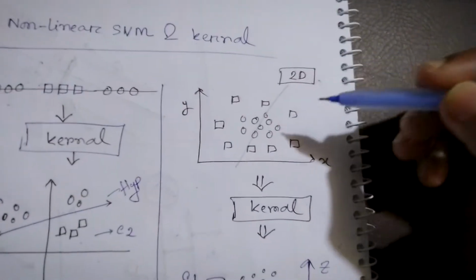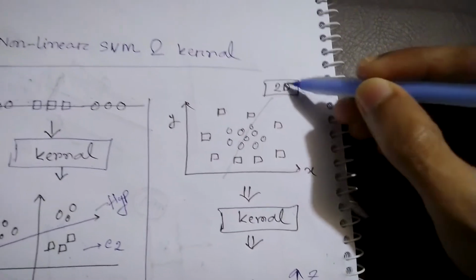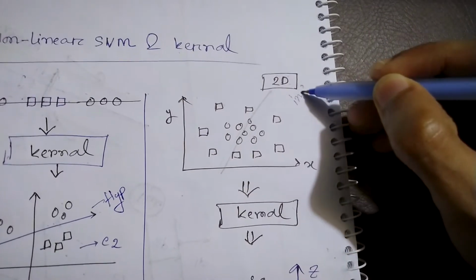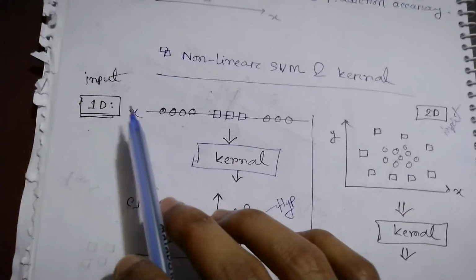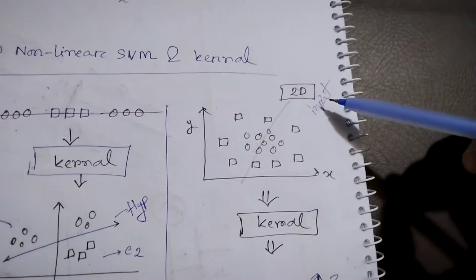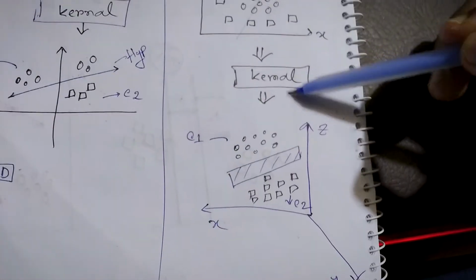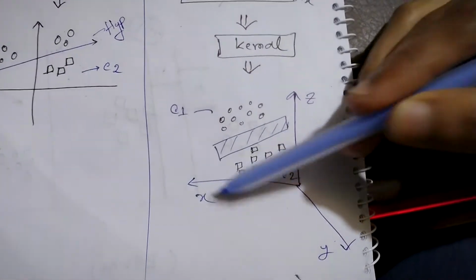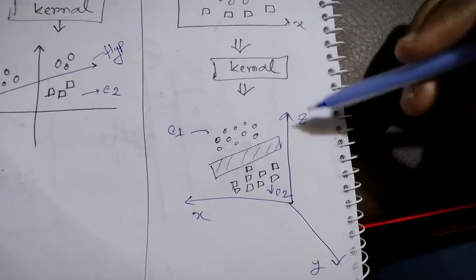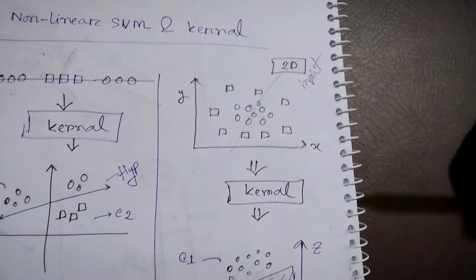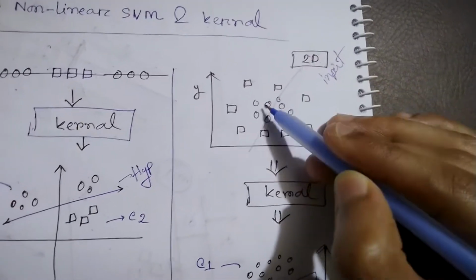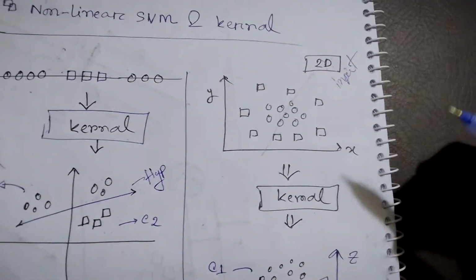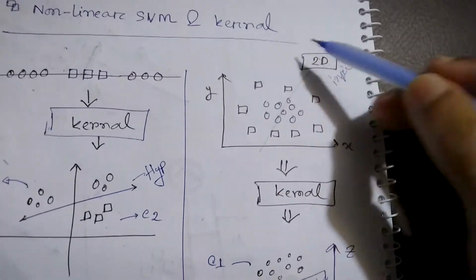So let's see another example where we have 2D input. Here we had 1D input and we converted it into 2D. But if we have 2D input, then what should we do? The output should be 3D. As you can see, x, y and z, we have three different axes when we get 2D input. In this case also, when you draw a line here, you just cannot classify it into different classes easily. You just have to do some trick.